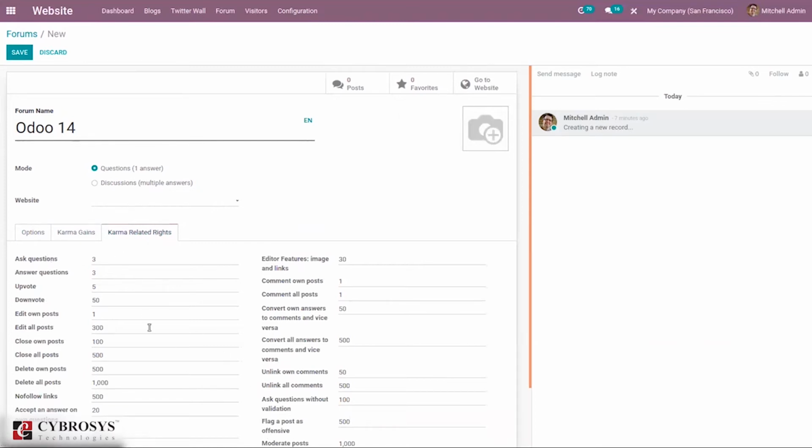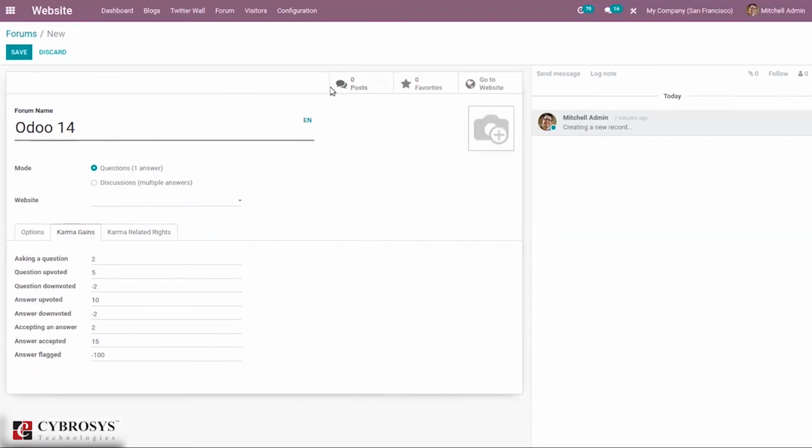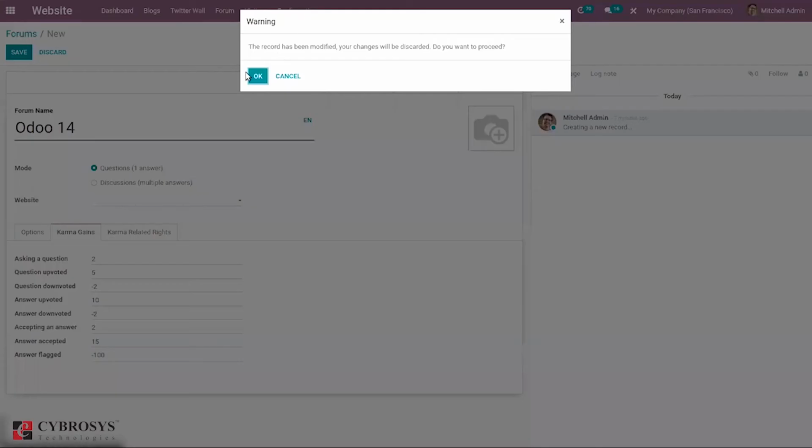So in order to ask questions, the user needs to have a minimum of 3 points for this option. Then you can see the number of posts, favorites, and we can publish it on the website.